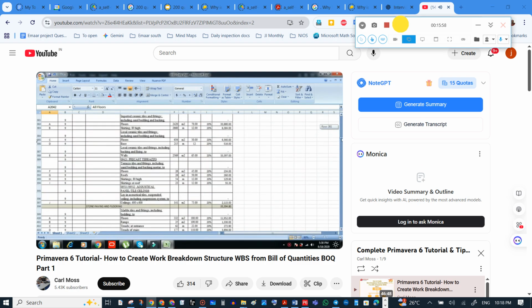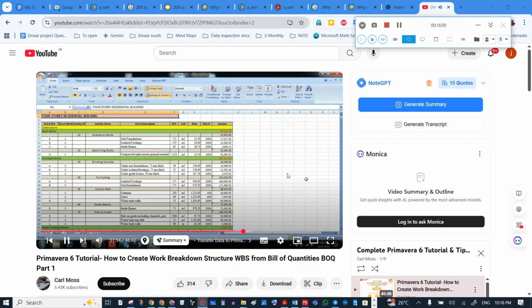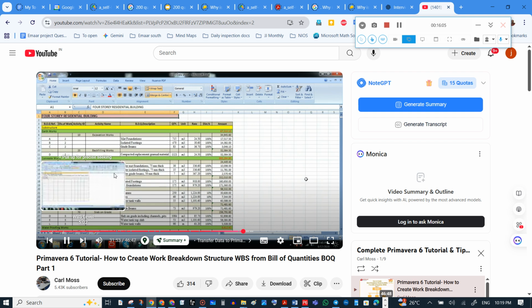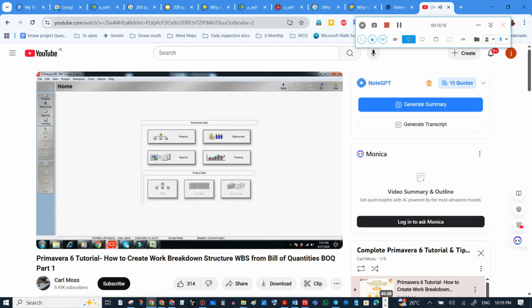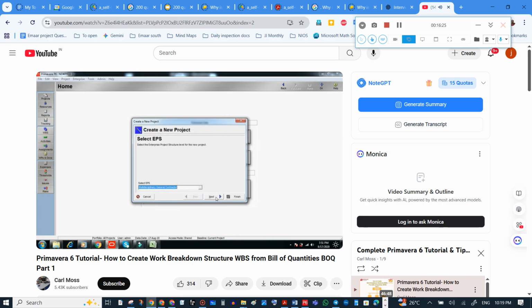I'm going to transfer this data to Primavera 6 to create the WBS structure in P6. So open the Primavera 6 program, click File, New, next, project ID, we call it 4-story residential building.